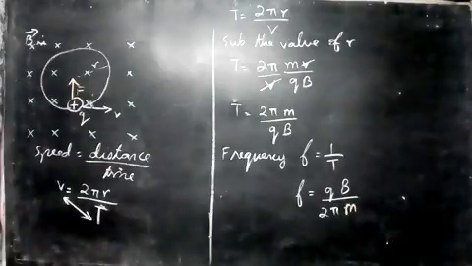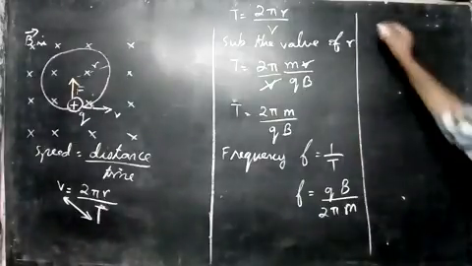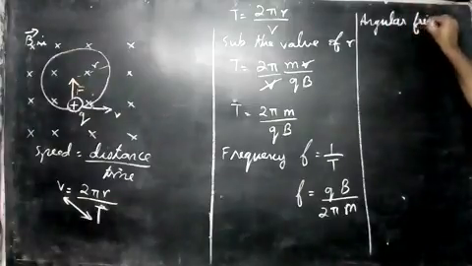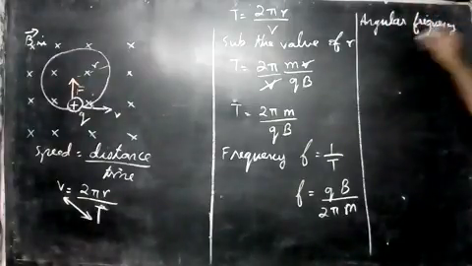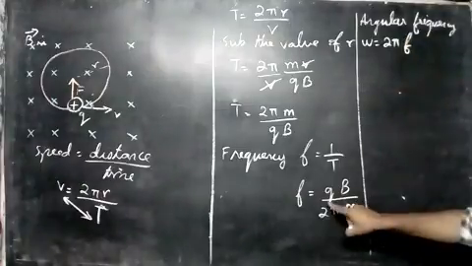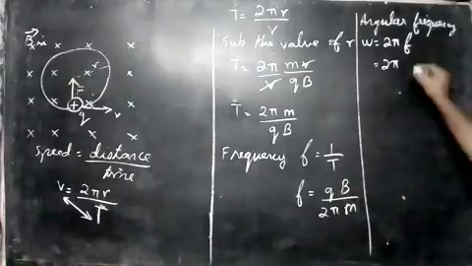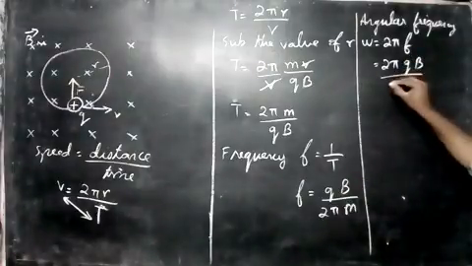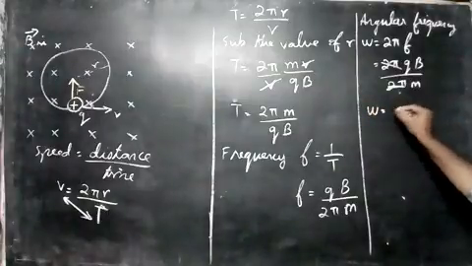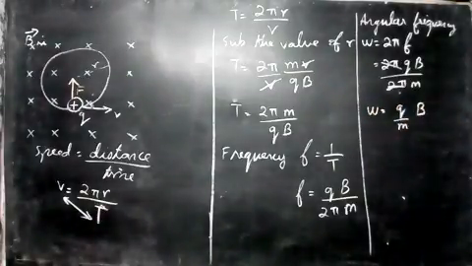Next we must see what the angular frequency is also. Let me write here. Angular frequency omega is equal to 2 pi f. So you must take this equation and multiply by 2 pi. So 2 pi into this f equation, qB by 2 pi m. The 2 pi cancels, so your omega is equal to q by m into B. This is one thing we note.